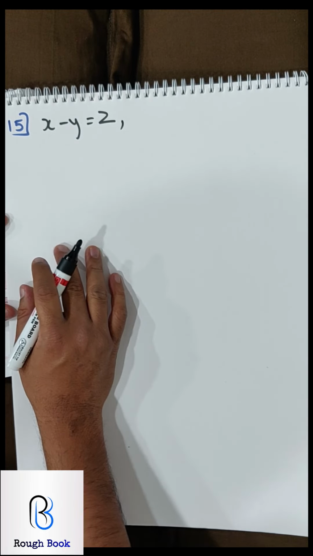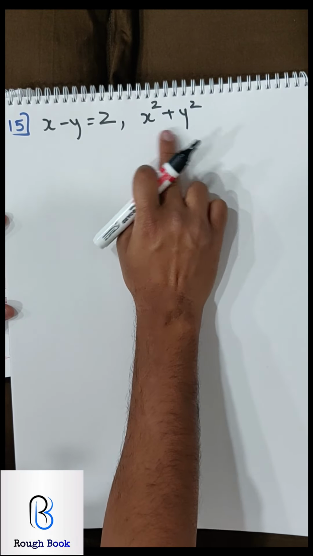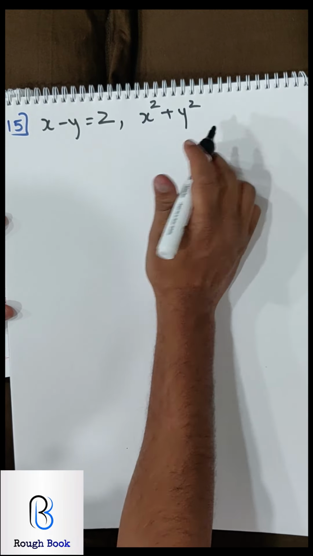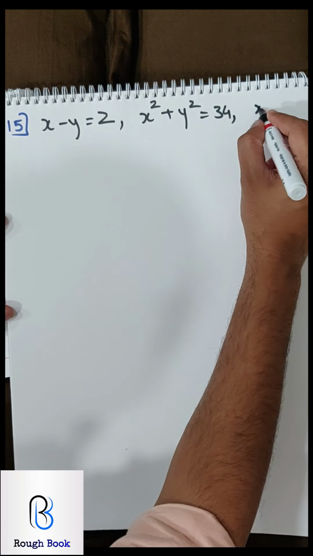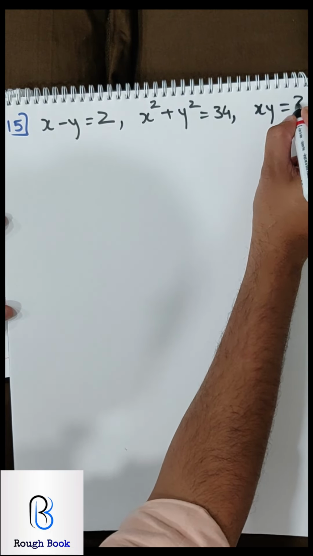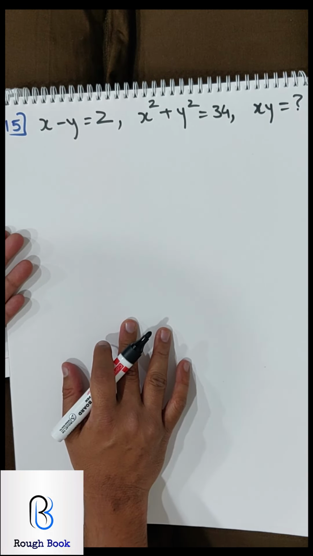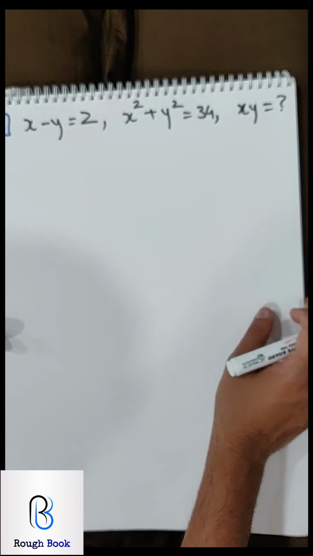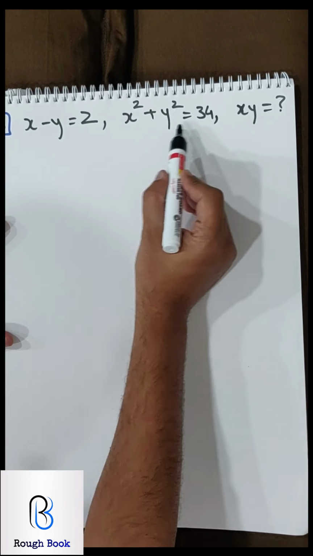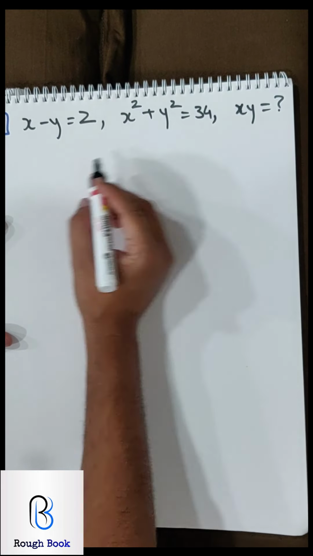And the sum of the squares of x and y. Sum of the squares of x and y is 34. Then find the product xy. So basically this is nothing else but just like similar sums, sum number 5, 6, 7, 8, but given in the word problem format. So let's see how we are going to work. From here to reach here, just square this. You will use this and then you will reach here.